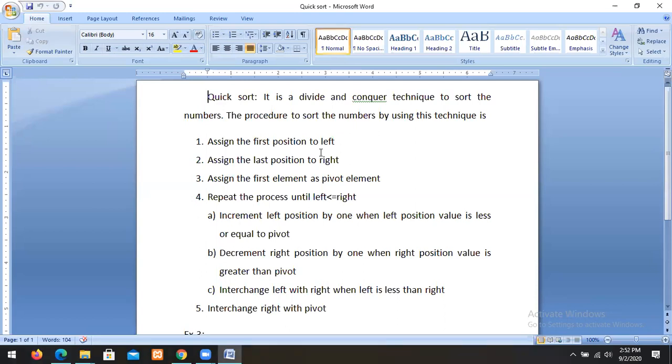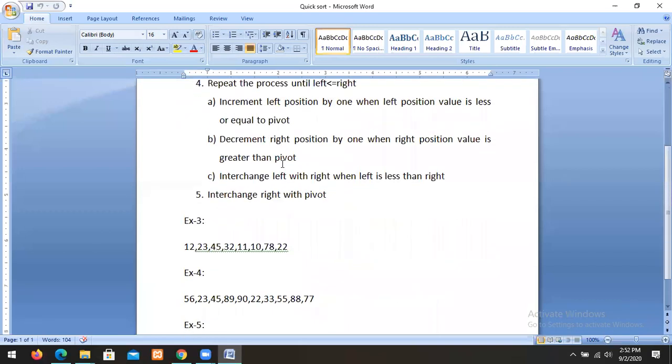For each pass, increment the left position by 1 when left position value is less than or equal to pivot. Decrement the right position by 1 when right position value is greater than pivot. Interchange the left with the right when left is less than right. Finally, interchange the right with the pivot. This is the process we are using to implement QuickSort.